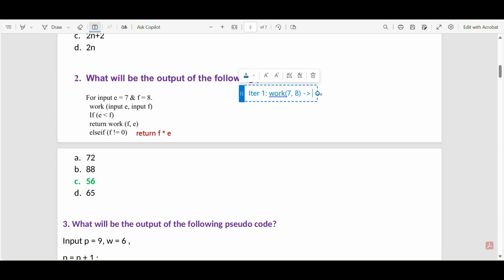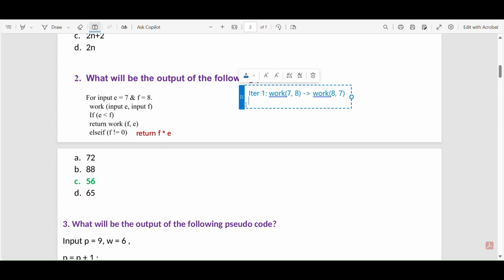So let's see whether 7 is less than 8. Yes, it is true. So we are going to return work of f comma e, that means 8 comma 7, right? And next